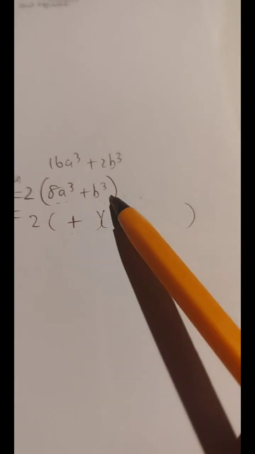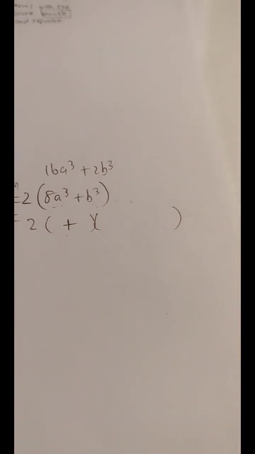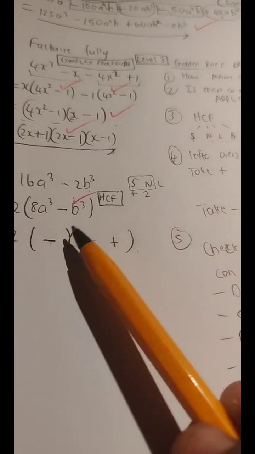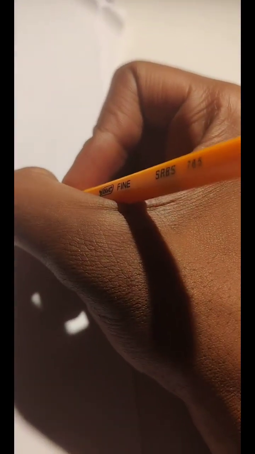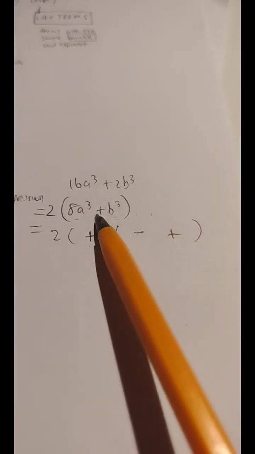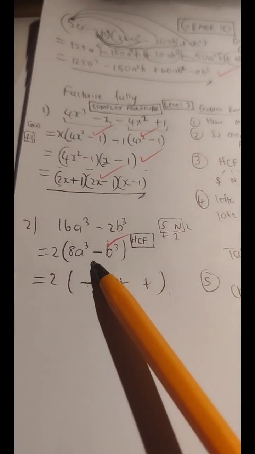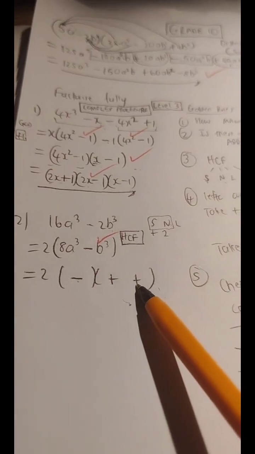You have a positive, that means your first bracket is also going to be positive. But then your last term, though also positive like your sum, your difference of cubes was, your middle term is going to be slightly different and it's going to be negative. So the sign combination for when you have plus is always going to be plus minus plus. The sign combination when you have a difference of two cubes is minus plus plus. I hope you get this combination.